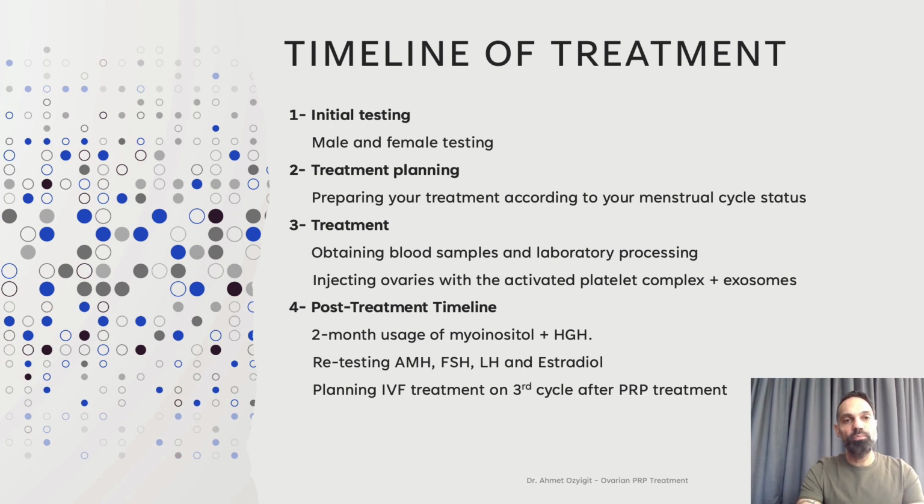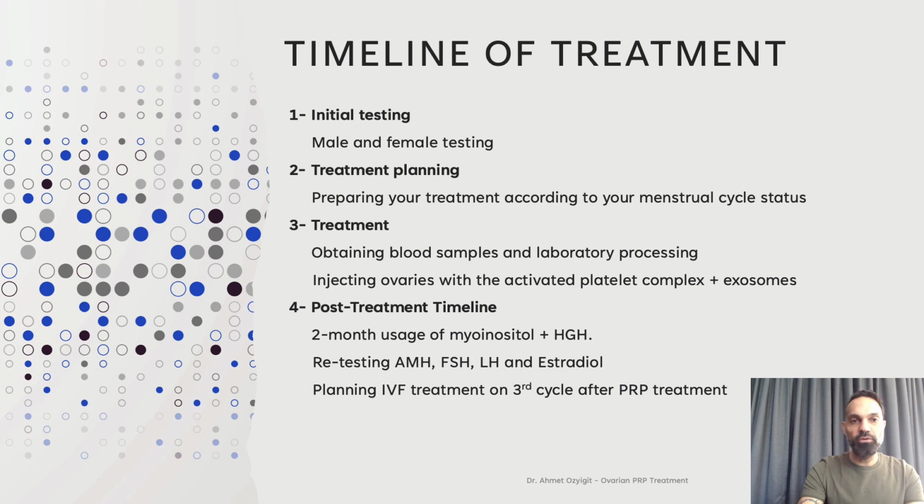And we would plan your ovarian PRP cycle according to your menstrual cycle status. So whether you're seeing your menstrual cycles or not would also be decisive in when to proceed with the ovarian PRP. The treatment itself would involve obtaining your blood sample and processing it in the lab, injecting the ovaries, and